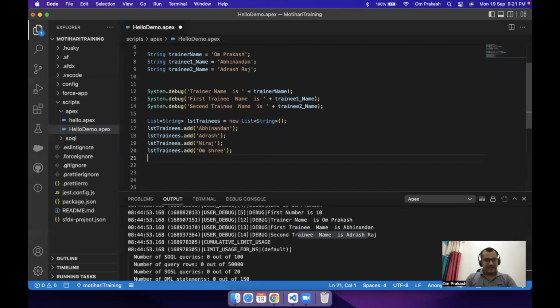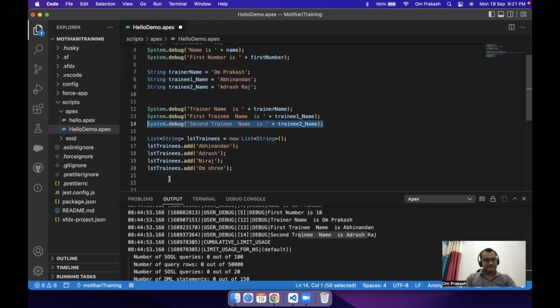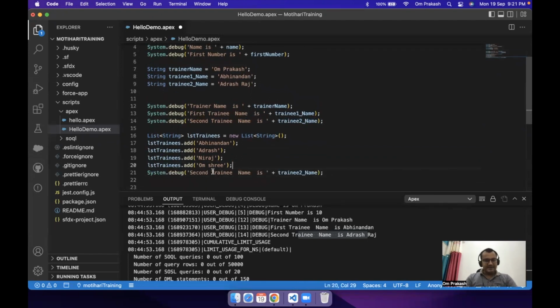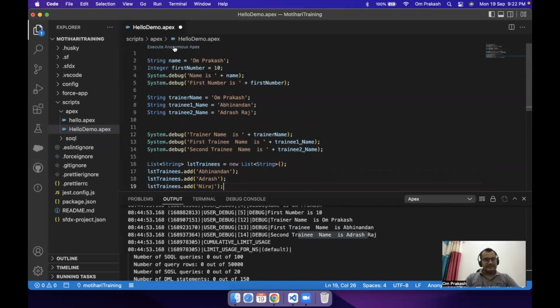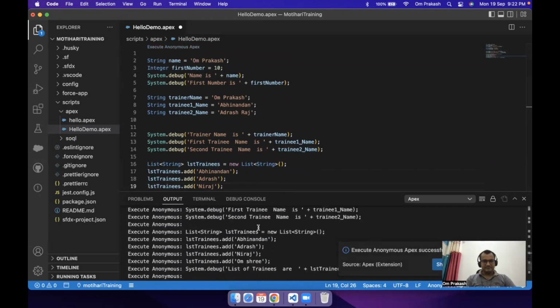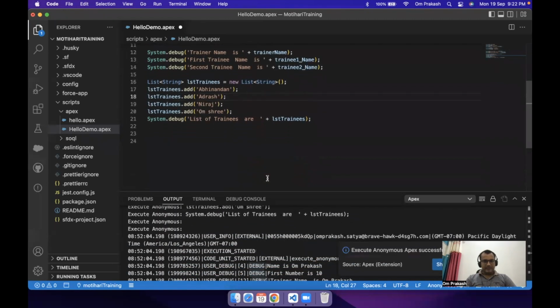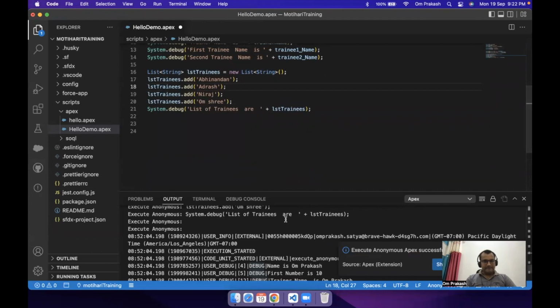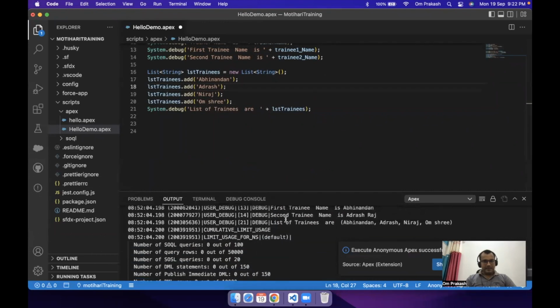ओम श्री। ओके, नाउ लेट्स प्रिंट। कॉपी पेस्ट कर दिया, सिस्टम डॉट डिबग लिस्ट ऑफ ट्रेनीज आर। यहाँ पे इस लिस्ट ऑफ ट्रेनीज को प्रिंट कर लिया जाए ऐसे से। एग्जीक्यूट, देखिएगा। क्या हुआ? और आगे होगा, हाँ देखिए यहाँ पे है लिस्ट ऑफ ट्रेनीज आर अभिनंदन, आदर्श, नीरज, ओम श्री। ये चारों एक